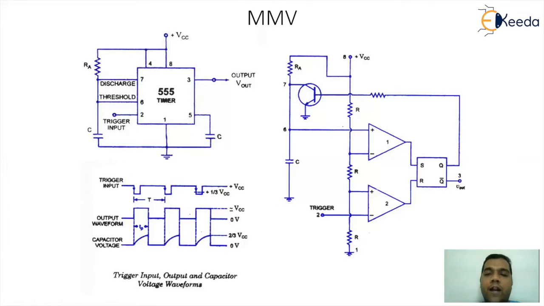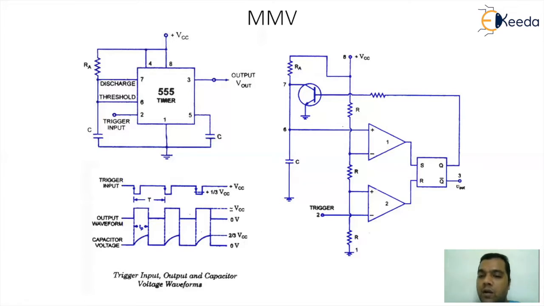Now when I try to get an output from this circuitry, I have to give a trigger signal at pin number 2. The controlling logic of the lower comparator is 1/3 VCC. If you remember, during the introduction session of IC 555, we discussed that whatever the VCC supply is, it will be distributed equally across the 3 internal resistances, and every resistor will have a voltage drop of 1/3. So according to that logic, the lower comparator will have a reference comparison of 1/3 VCC and the upper comparator will have a reference comparison of 2/3 VCC.